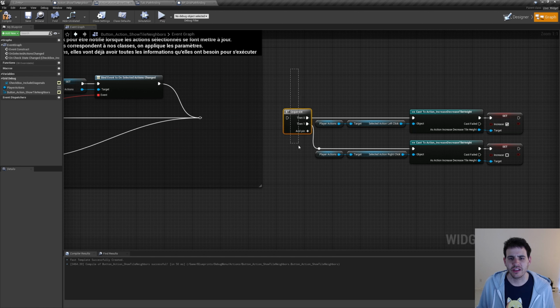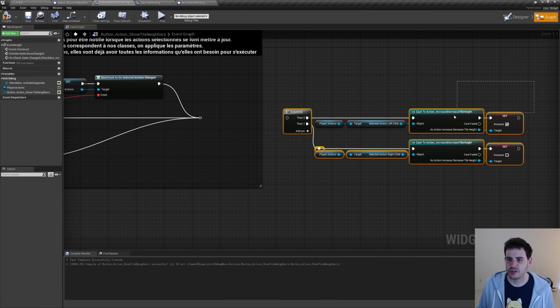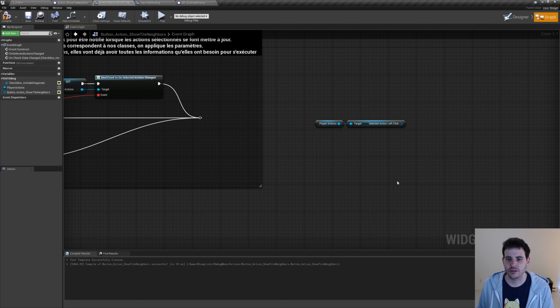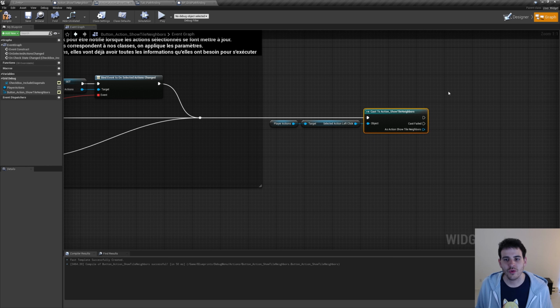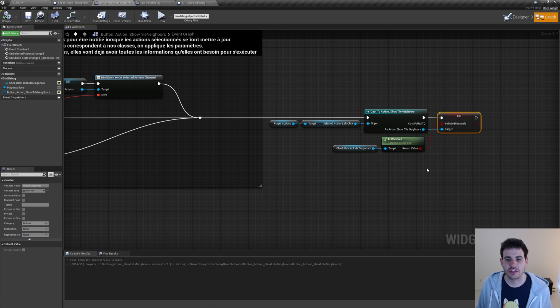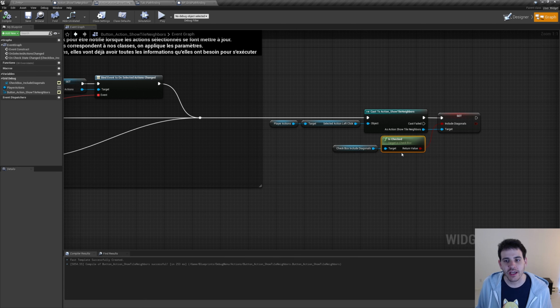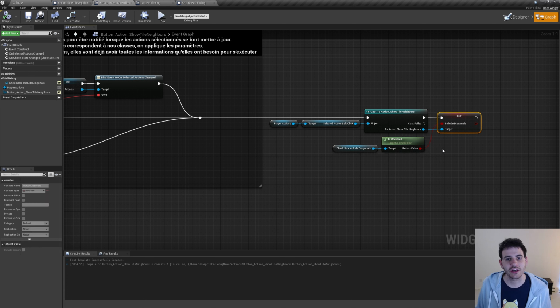And here we're not gonna need the sequence, actually we're not gonna need everything that's in there, and we're also not gonna need that cast right here. We're just gonna keep the selected action left click like so, which we then cast to the new action we just created, so action showTileNeighbors, to make sure that this action is currently selected. And if it is the case, well, we want to set the value of IncludeDiagonals based on the checkbox. So we are getting the checkbox and we're checking if it's checked, and we are passing this into the IncludeDiagonals